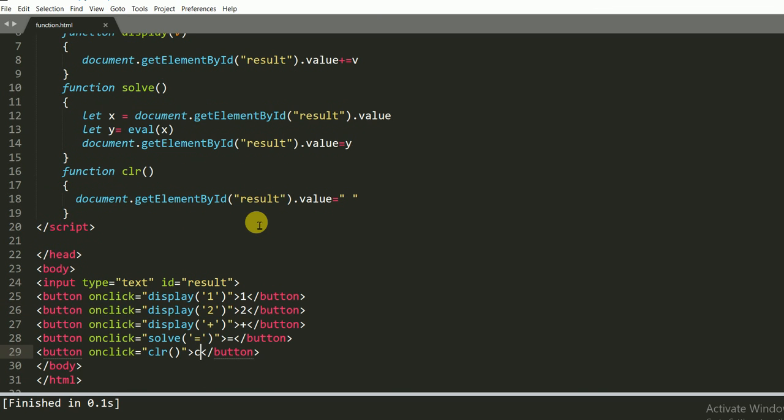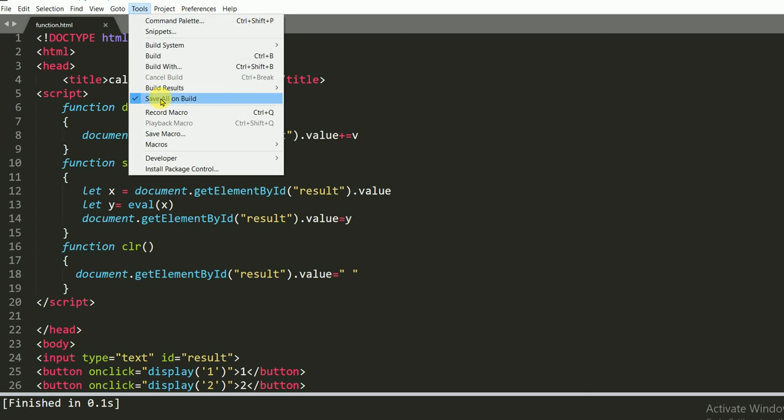So this is the complete calculator function. Like I enter 1 plus 2 is equal to 3 and I want to clear this. So with the help of C we can clear this. So we need other functionality like multiplication and subtraction.